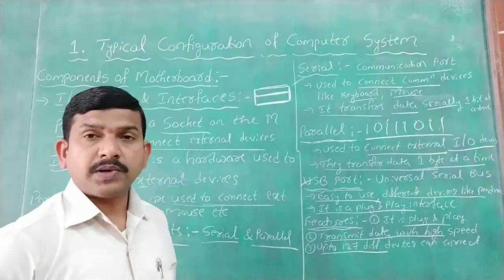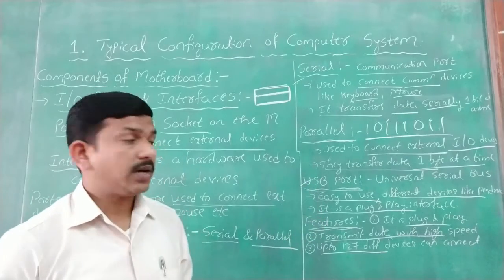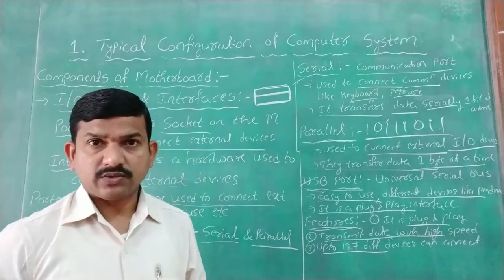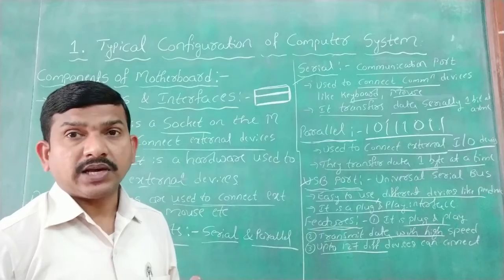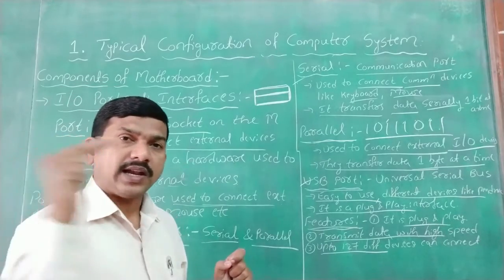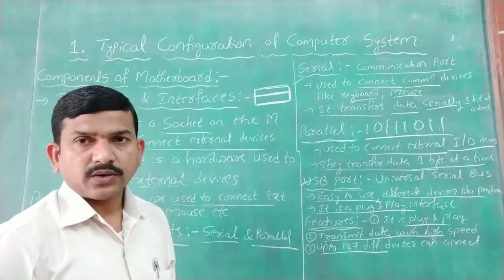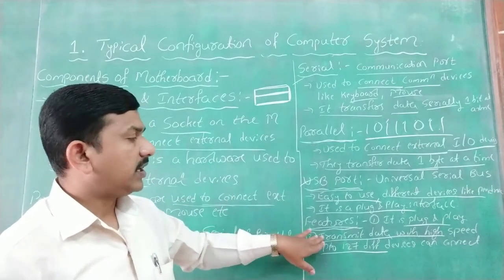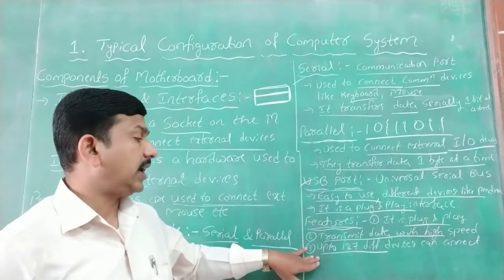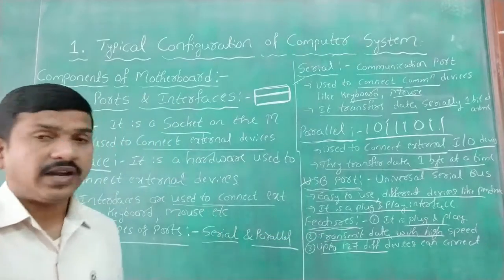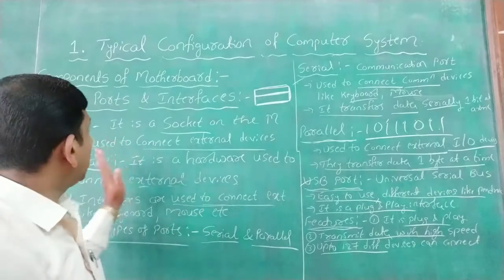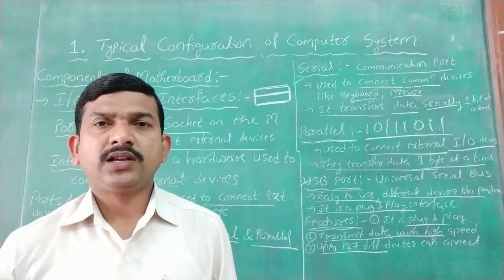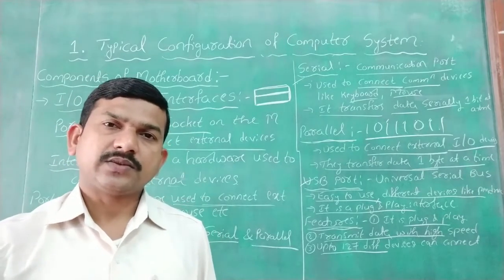Then we discussed USB. USB means universal serial bus. It is a port where you can connect plug and play devices. Plug and play devices means when you connect a device, it starts working, means we do not install any other software. Some features here: it transmits data at very high speed and we can connect up to 127 different devices. So these are some of the important points regarding ports and interface. The next component of the motherboard we will discuss in the next class. Okay, thank you.